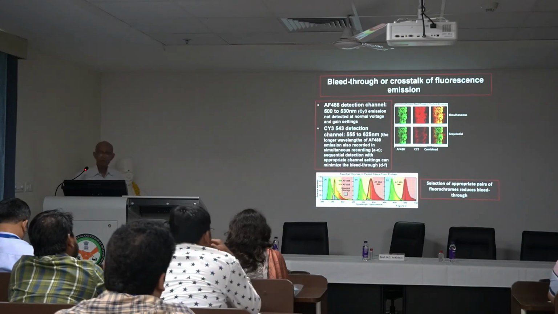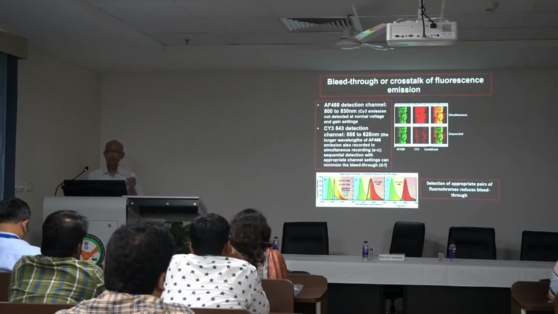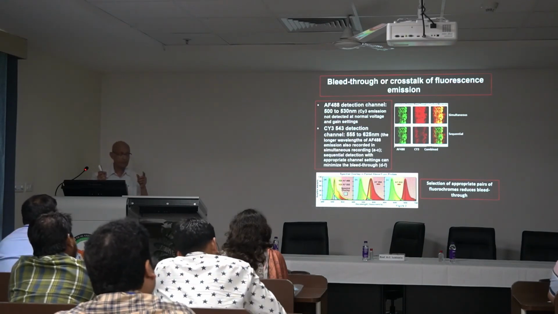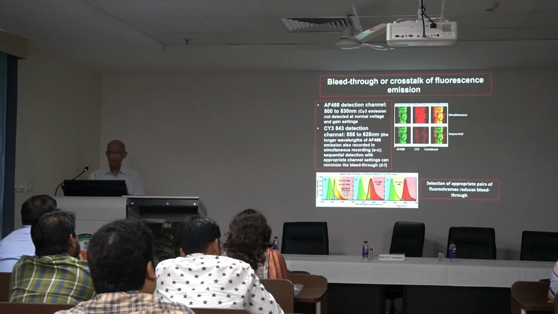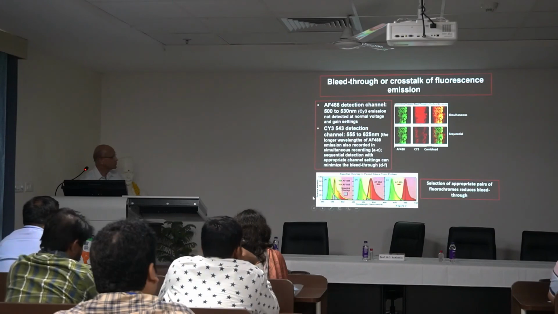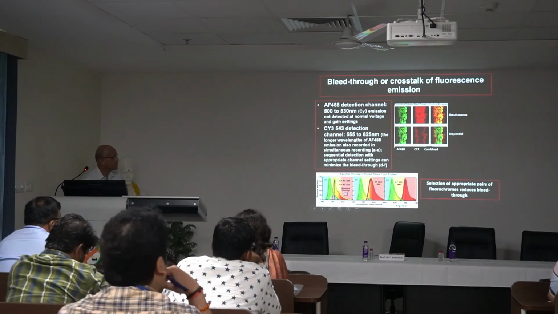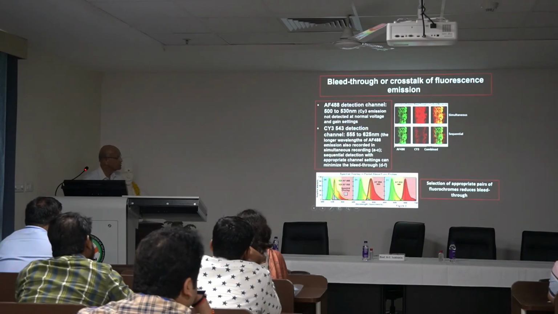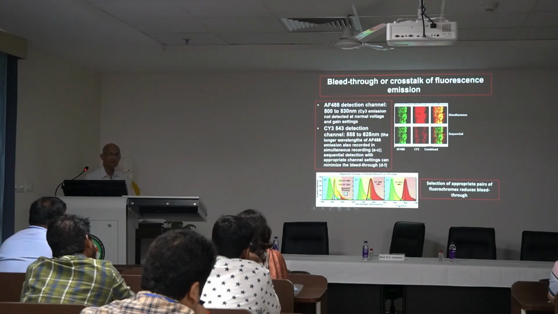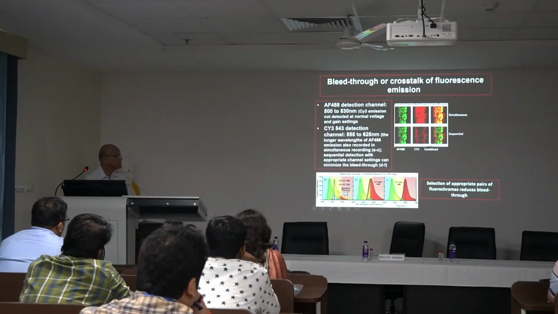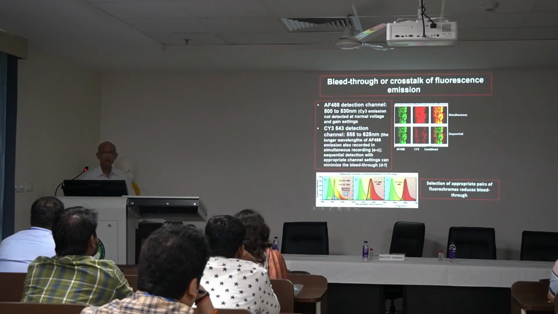The other important problem that happens in fluorescence and also in confocal microscopy is bleed through, because each fluorochrome has a range of excitation and a range of emission. Now, this is not just one point, it is a range. For example, two fluorochromes have somewhat overlapping spectra. This one gives an emission spectrum up to here, but this other fluorochrome starts getting excited within this range. Now, if you are using these two fluorochromes together, then you will have a signal which is not because of this, but because of this. And that's what we call bleeding through.